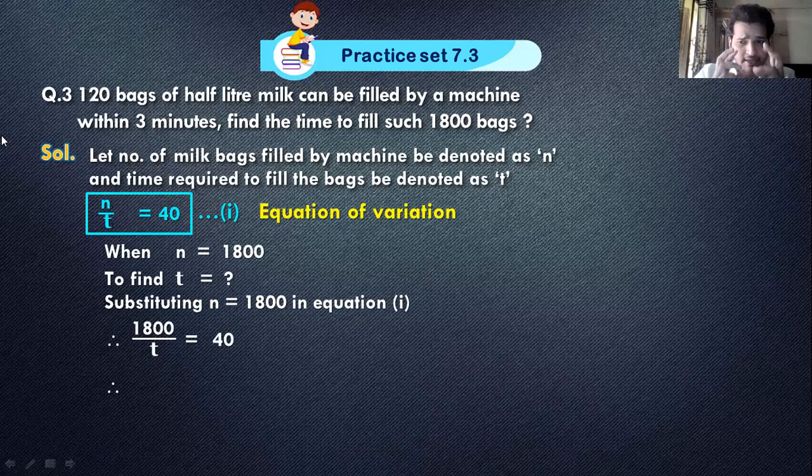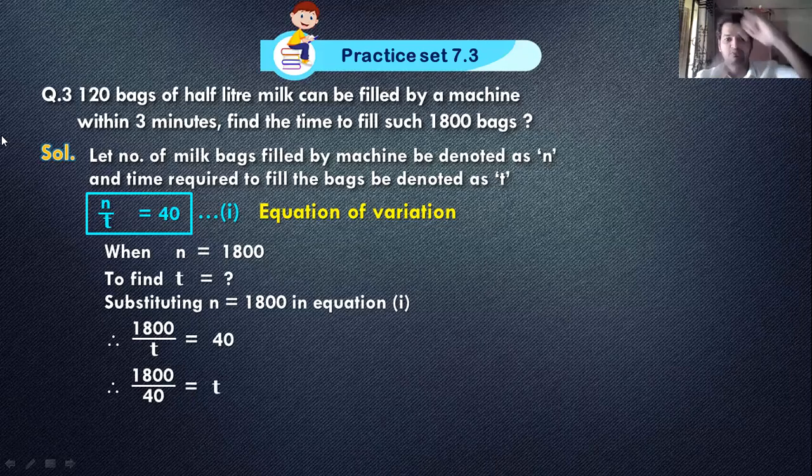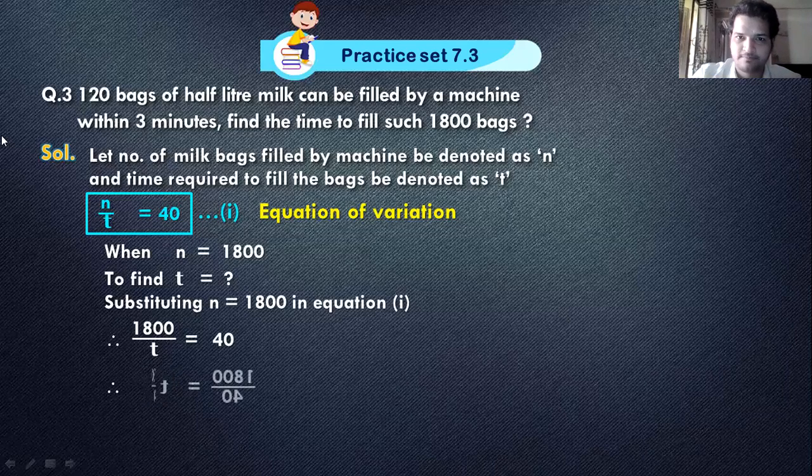Now students, be a little bit careful that t is in the denominator, right? Correct. So t is dividing on the left side; shifting, तो वहां जाके क्या होगा, वो मल्टीप्लाई होगा, t will become multiply, और जो 40 था इक्वल टू के वहां पे यहाँ लेफ्ट में आके वो क्या हो जाएगा, डिवाइड हो जाएगा, राइट? तो we have interchanged their positions because t was in the denominator, so t 40 की जगह पे जाके इंटरचेंज होगा. So now